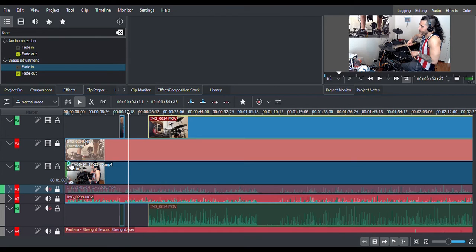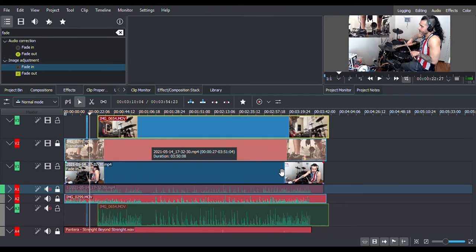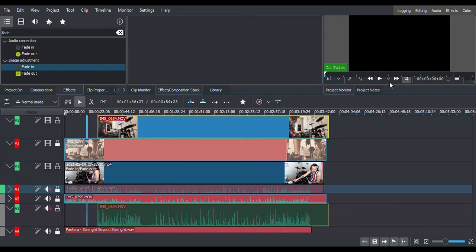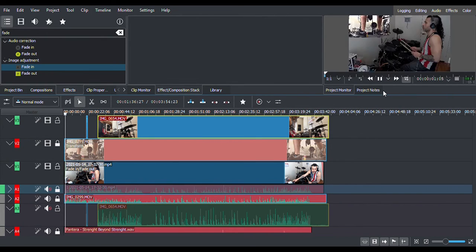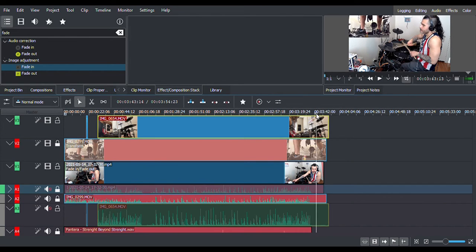Let's say I'm gonna adjust it. Click on that blue button, just move it to the left. And if you want to do it at the end as well, you see this red dot here. You can click on it, move it to the left, and that's it. So if you play the video from the beginning, you see the fade in. There you go. And if you go at the end,